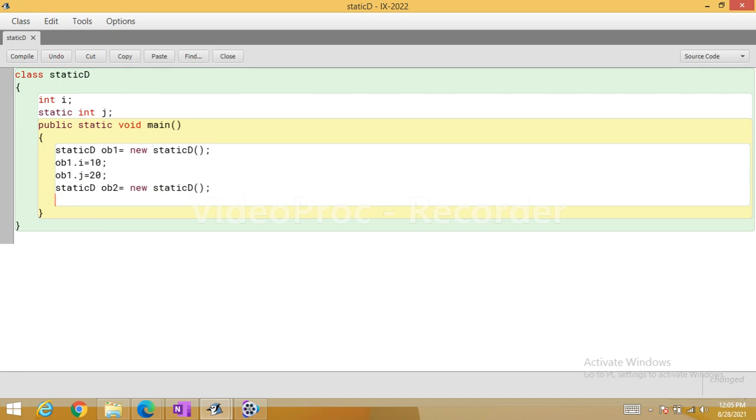Since it is a second object, and for this class there are two variables, i and j, where i is non-static and j is static, i being non-static will be allocated in the memory again, but j being a static variable will not be allocated in the memory again.